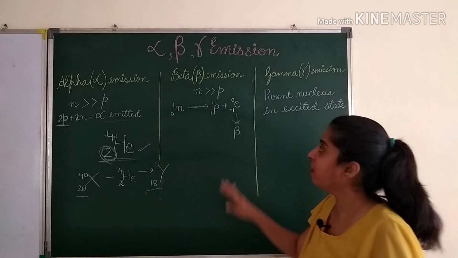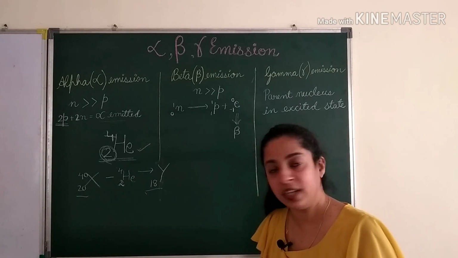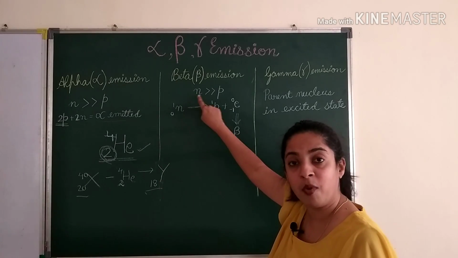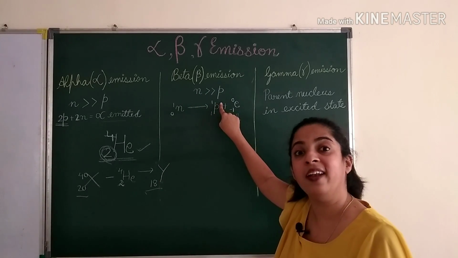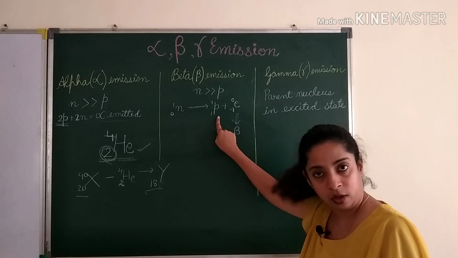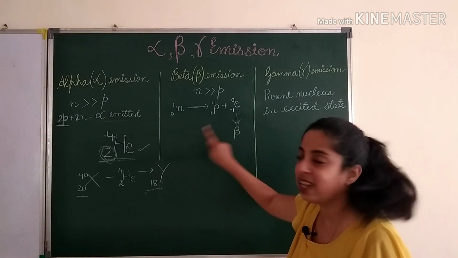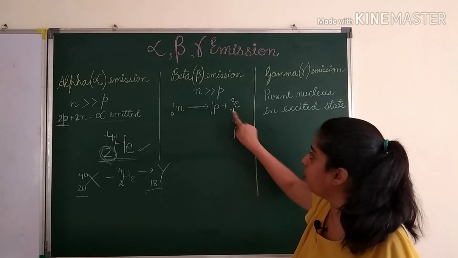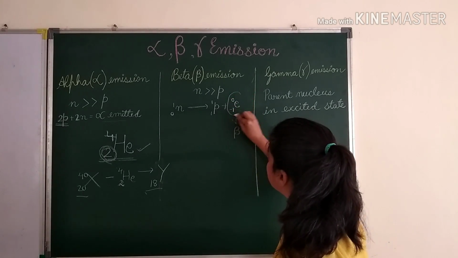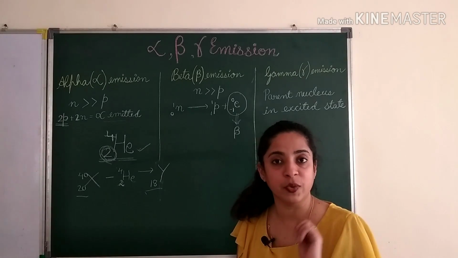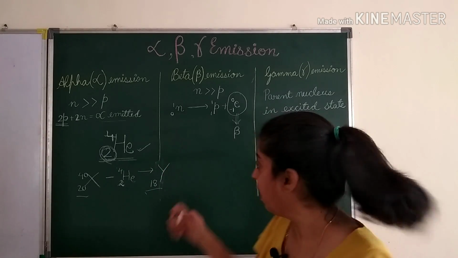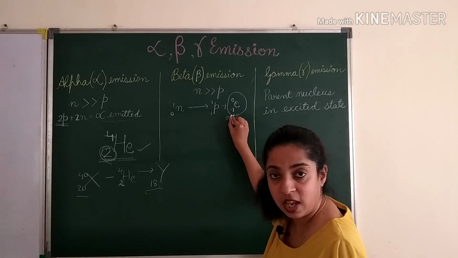Okay, so again I will repeat how is the beta particle emitted. Whenever the nucleus is unstable, the number of neutrons is far more than the number of protons. At that time, 1 neutron gets converted into proton, and to make the electrical neutrality, it gives out 1 electron. Now you should always remember that this electron which is emitted doesn't remain in the nucleus at all. It quickly gets emitted and goes off. It is not a part of the nucleus anymore.